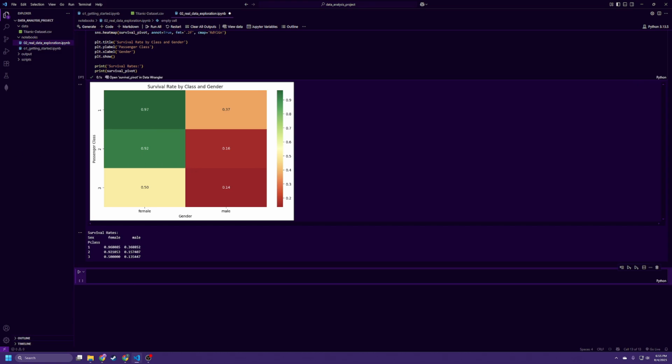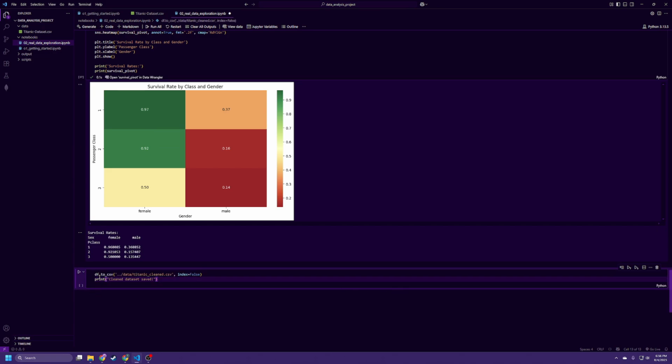So the things that we accomplished today is we loaded real data from a CSV file. We explored and understood the dataset structure. We identified and handled missing values, created new meaningful columns, discovered insights through visualization. We used advanced techniques like pivot tables and heat maps. This is the exact workflow you'll be using for data analysis in your everyday life or whatever projects or work you may go through. And to save our clean dataset so that we know what to reference back to, we'll just do